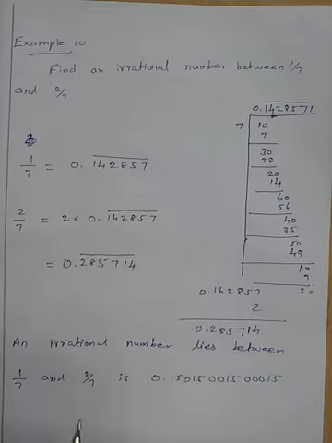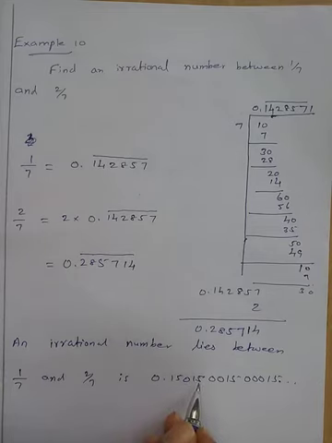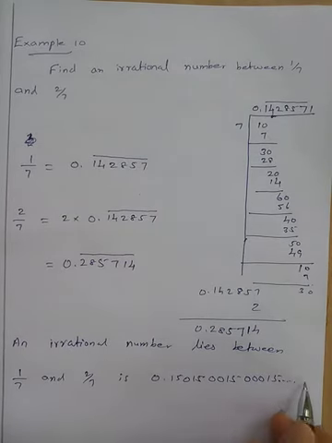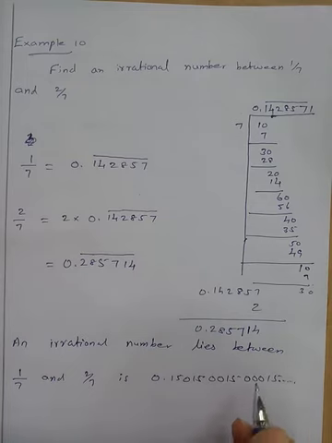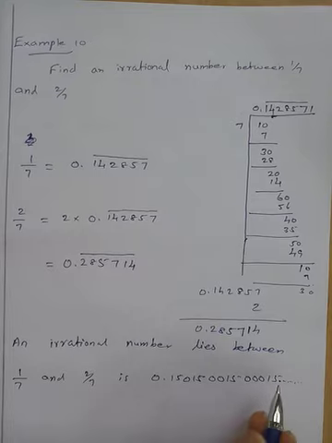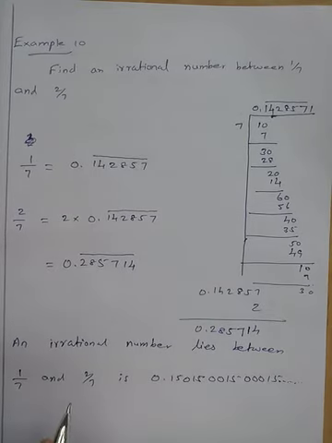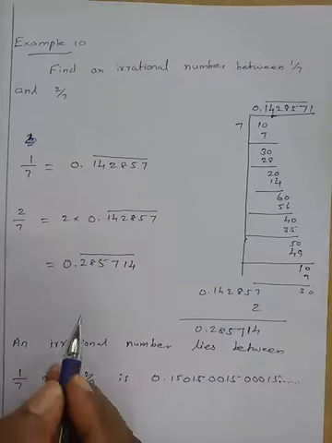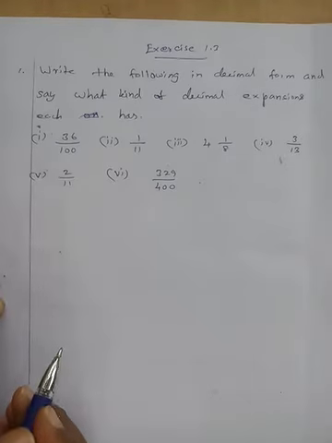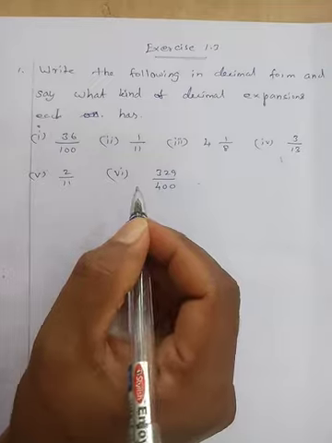0.015 and so on. Now the decimals are non-terminating, non-recurring. First 1 0, then 15 repeated. Again 2 zeros, 15 repeated. Then 3 zeros, 15 repeated. Going this way, the decimals cannot repeat. So this is a non-terminating, non-recurring decimal expansion, so it is an irrational number. You can write any number that lies between 1 by 7 and 2 by 7.